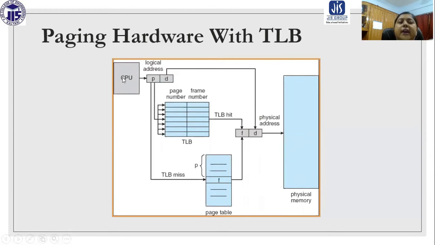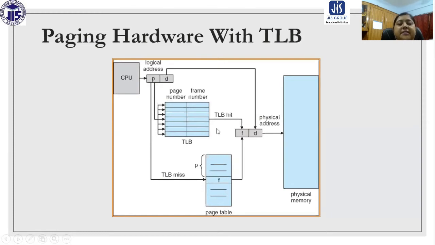Whenever the CPU generates an address, that is the logical address, it is divided into two parts, page index and page offset. The page index is used for searching in the TLB.